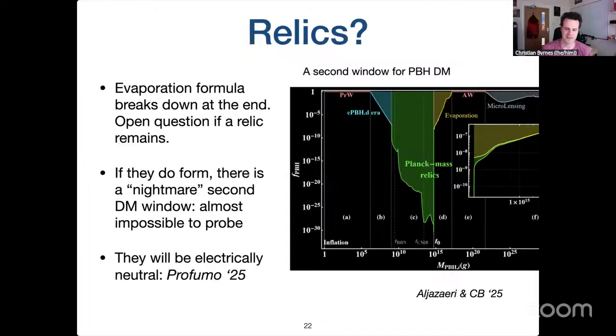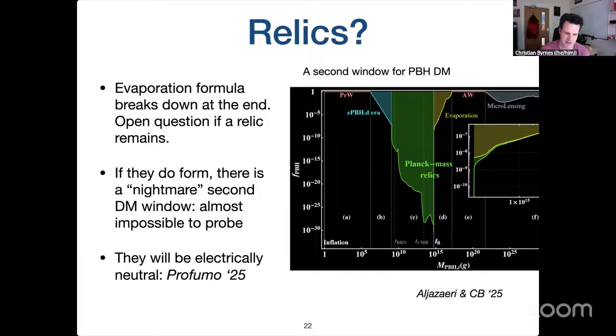Just to mention one other idea, relics. So again, worked on one of my PhD students recently, Majorana-Raychaudhuri, was looking at the idea that if evaporation does continue down to more or less the end, then we know the semi-classical Hawking result should break down by Planck scale. What happens then, nobody knows, but one possibility is that you form a Planck mass nugget or relic. And then this is basically a nightmare additional scenario, the Planck relic window, where all of dark matter are in Planck mass nuggets. Very, very hard to probe, if at all possible.